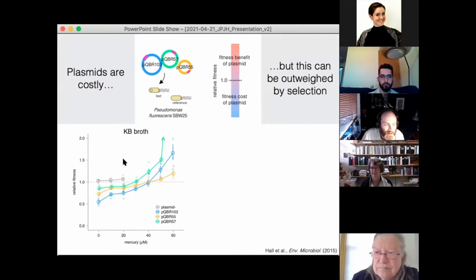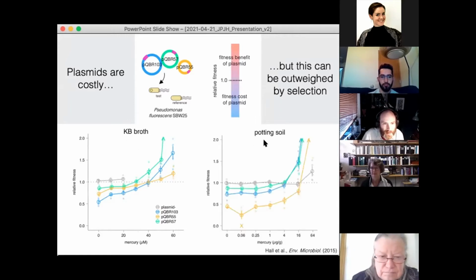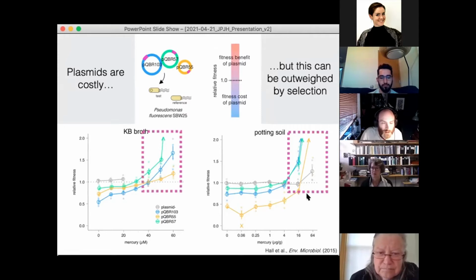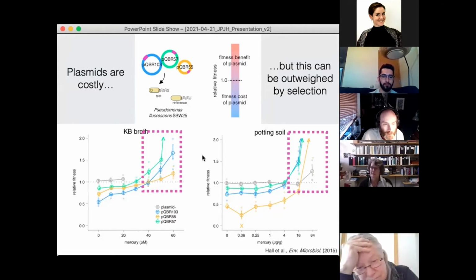And this pattern is also seen in potting soil. We can do the same experiments in a natural kind of environment, like where these plasmids, these bacteria are isolated from. Again, fitness costs when there's no mercury around, fitness benefits when there is mercury around. So plasmids can provide useful traits, so they're beneficial under these kinds of situations, but these situations are actually pretty